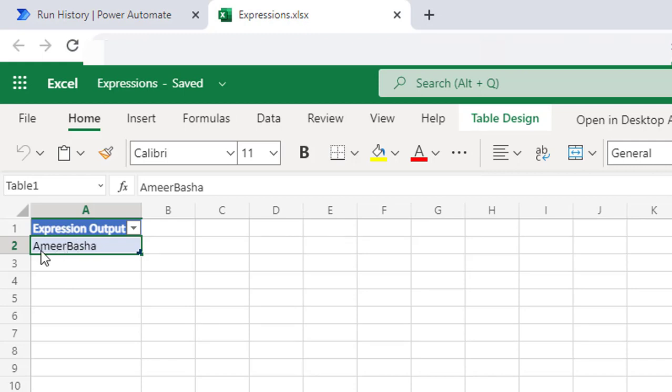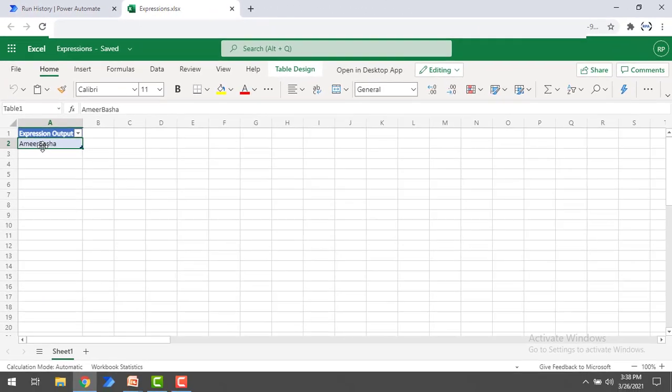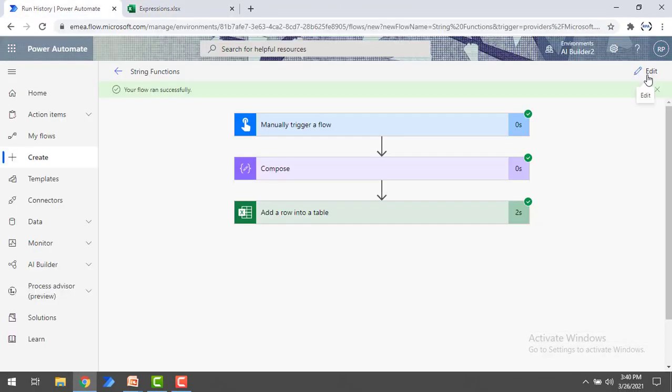Amir is the first name and Basha is the last name, which we got after concatenating with the concat string function, so that we got the output as Amir Basha. Now you can see I don't have any spaces, because we have not given any spaces. All right, I hope you understand how to work with the concat function, which is available in the string functions. Now we'll see the second example, to find the text position,